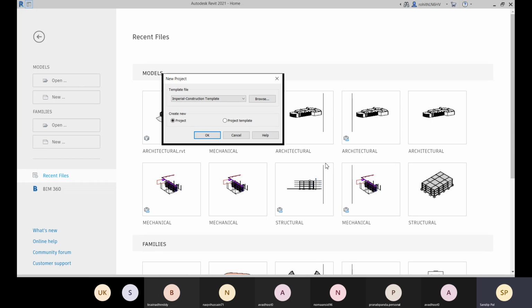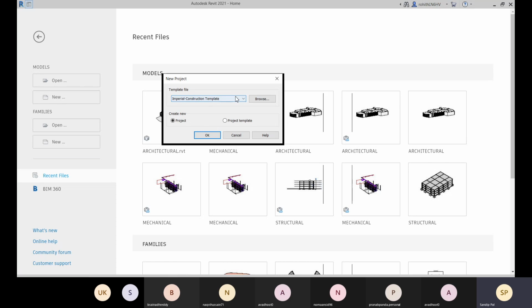So some configurations are already there as per the template, set for work-related purposes. If you choose the right template, you will have all these pre-settings loaded as soon as you open the project file with this template, so you can start your work. You don't have to create all the settings.